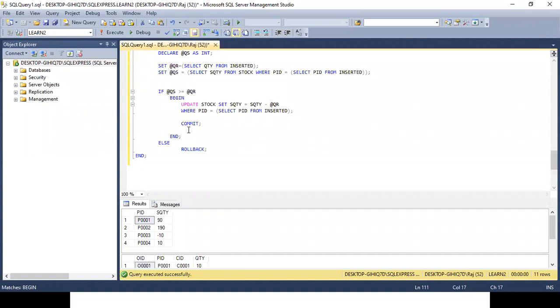Now comes the second point, that is giving some more proper statements. So we can say commit, and I can say print order accepted. And print. Now else.